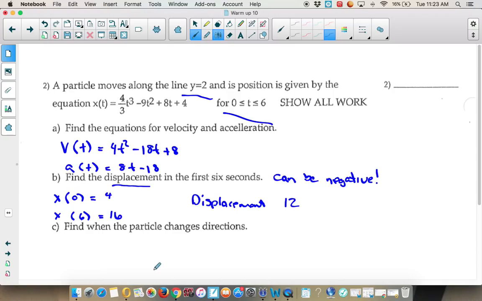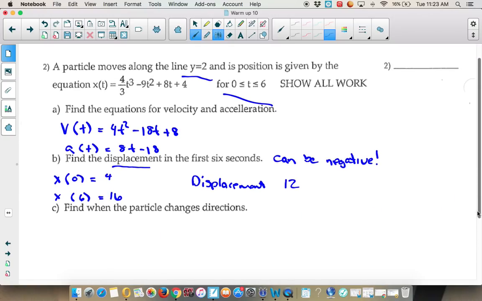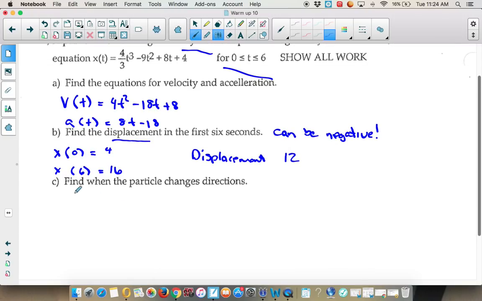Okay, now it wants me to think about when my particle changes directions. Well, what has to happen for you to be able to change directions? First of all, if I'm traveling along to the right and I want to change directions, I've got to stop before I can change direction and go the other way. Now, just because I stop doesn't mean I change direction. So keep that in mind. It's very, very important. I have to stop and change direction,